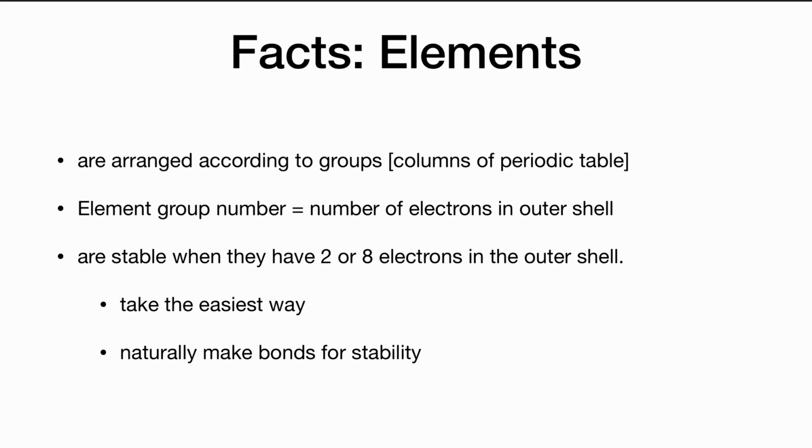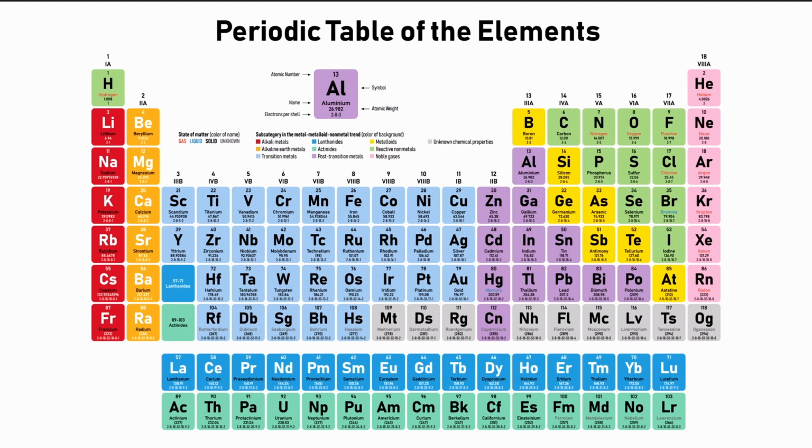Many of these atoms, if they have more than 2, will take the easiest way to acquire the state of either having 2 or 8. What do I mean by that? For instance,